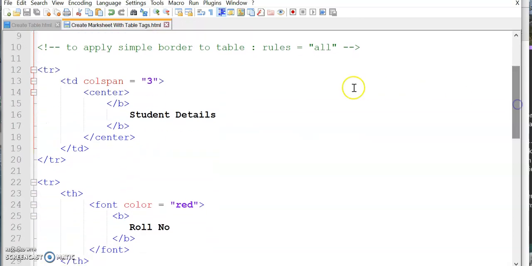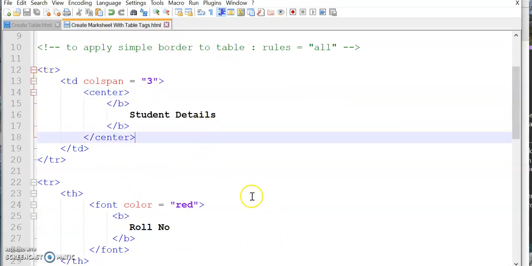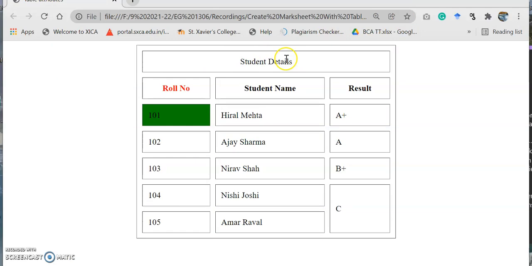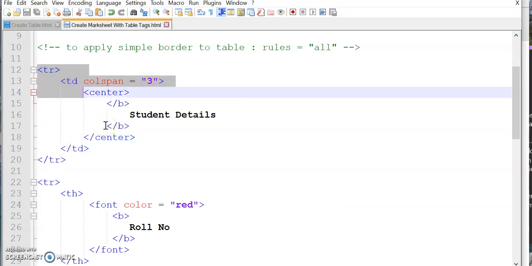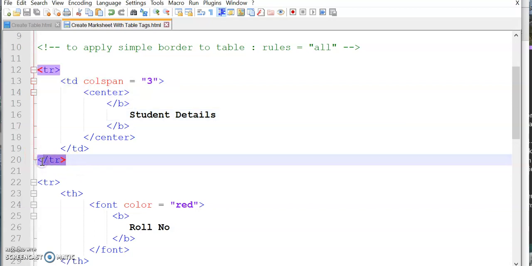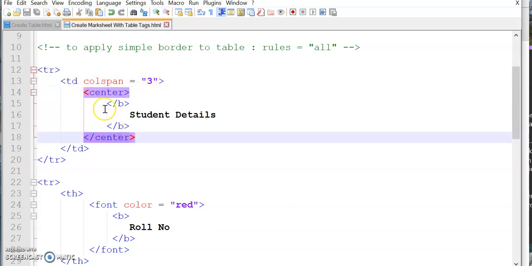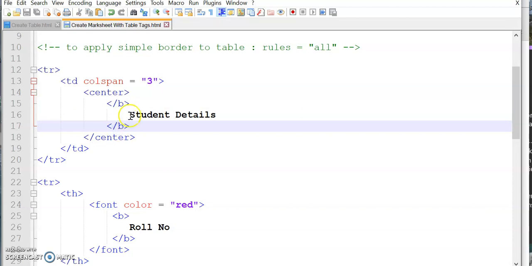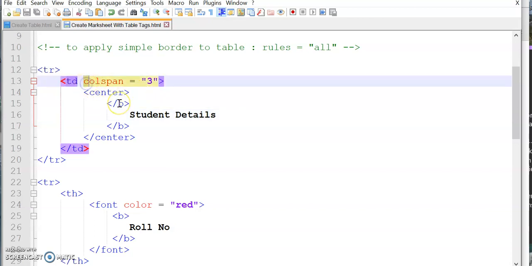Now let's move to the row portion or the heading thing. So first we have the first row, but this first row has been merged, right? So how to do that? For that, tr, we know tr, yes. Then we have closed this tr tag. In this tr tag we have td, right? We have td, and we want that content in the center. So center, we want it bold, so bold. What do we want to write? Student detail. Colspan means what? Okay, let me delete this for a while.